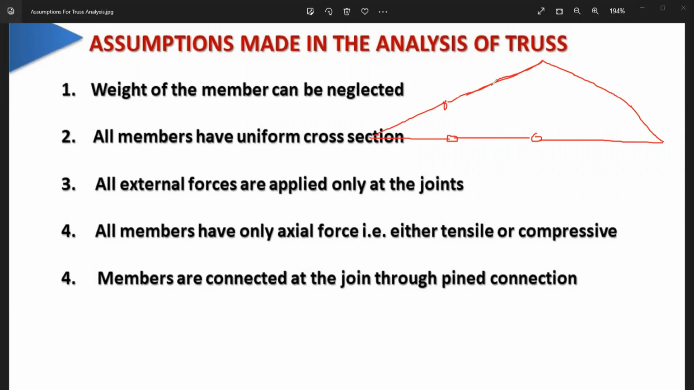Each individual element will have a uniform cross section from the start point to the end point. The cross section will be the same. Suppose the depth is 200 mm, then at this end, the depth will also be 200 mm. First, all members have the uniform cross section. All external forces are applied only at the joints, at the intersecting point of two elements, this element